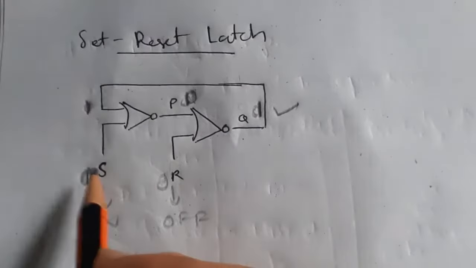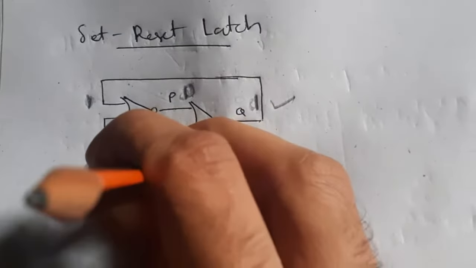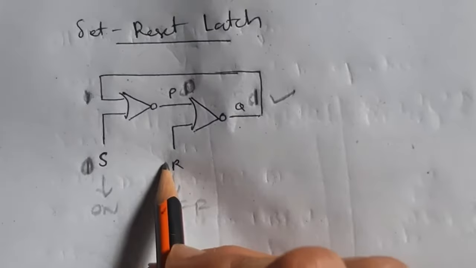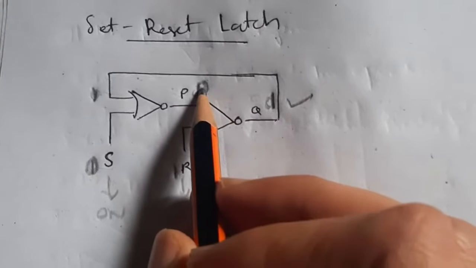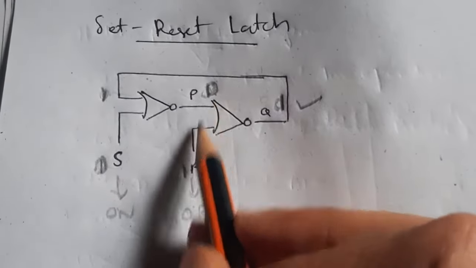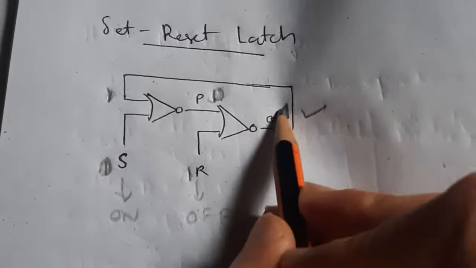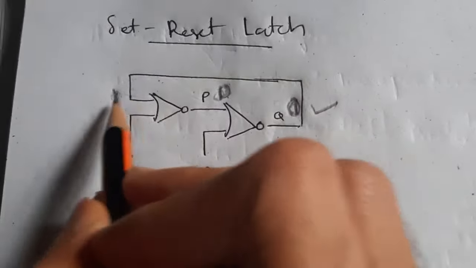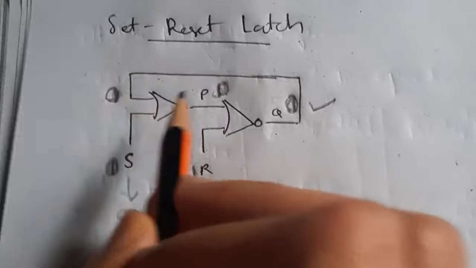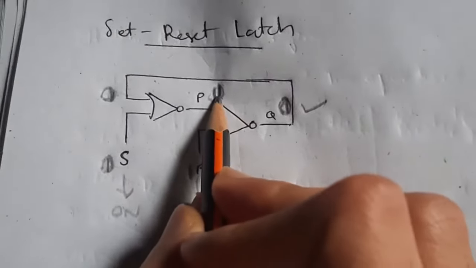Now suppose I want to reset it. Okay, here it's 0. Now this I click as 1. When I click this, it will become 1. What's the output here? It's 0. The output of 1 and 0 in a NOR gate will be 0. So this will become 0 here. So when it becomes 0, this will also become 0. With 0 and 0, P will become 1.